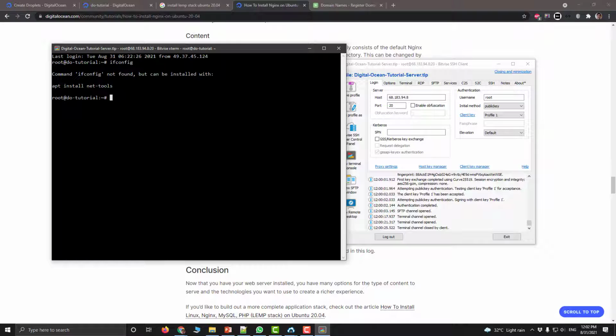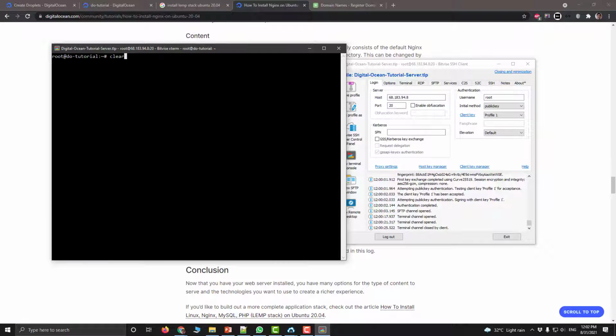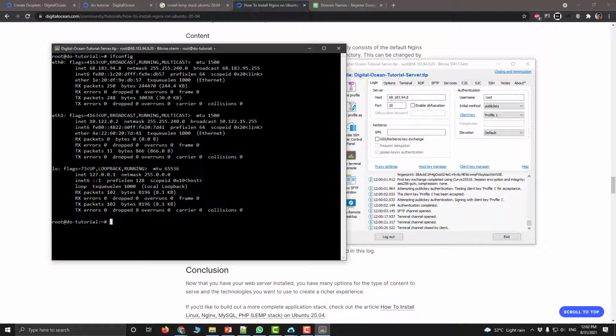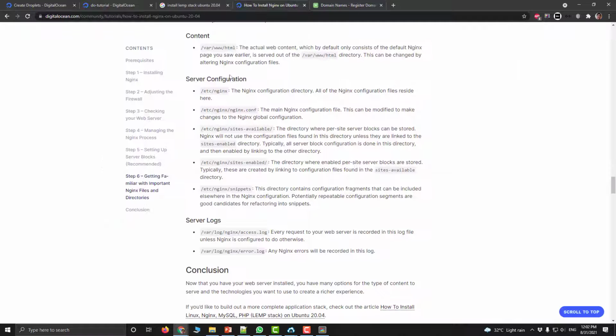I have to install net-tools. This is another thing, the newer Linux versions, they don't include it. So if you want to use ifconfig, you have to install that tool. Once you install it, which is pretty fast, then you can write ifconfig, and you can see here eth0, this is your public IP of this particular machine. So you can just point to this IP through your domain name and you can have your website.